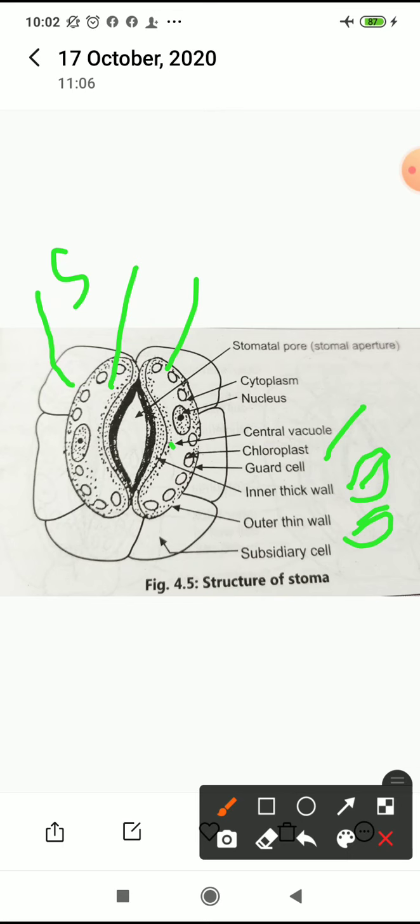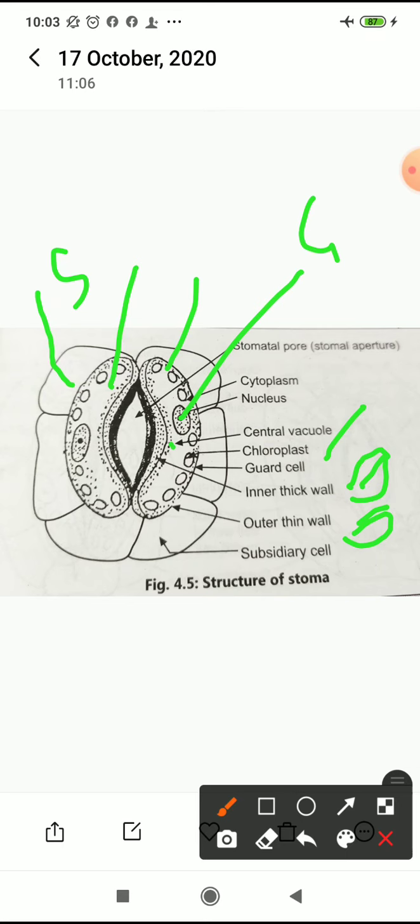See here, starch in the guard cells during daytime gets converted into sugar, or we can say glucose, and this conversion requires inorganic phosphate and the enzyme phosphorylase. So overall we can say starch combines with inorganic phosphate during daytime, and in the presence of the enzyme phosphorylase, glucose is produced in the guard cell. Now guard cells have glucose during daytime. As a result of this, what happens?